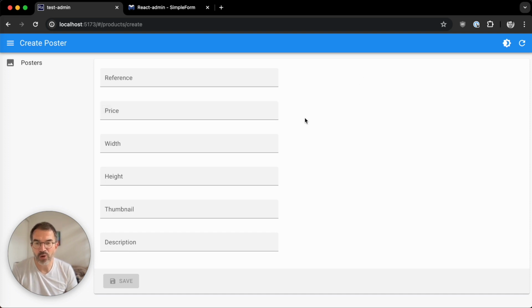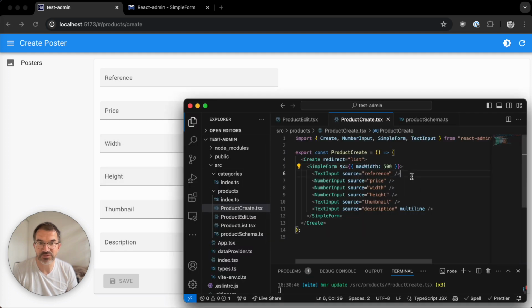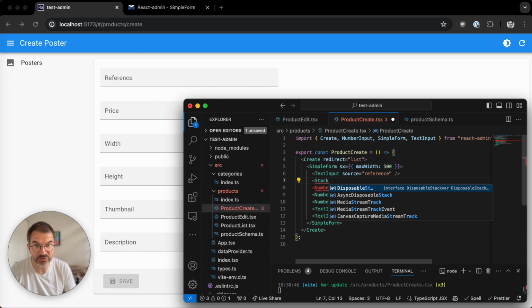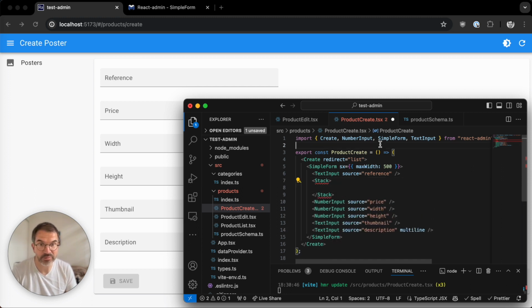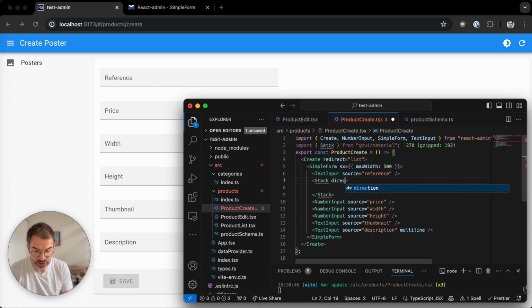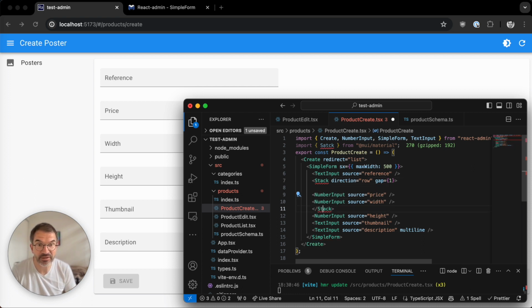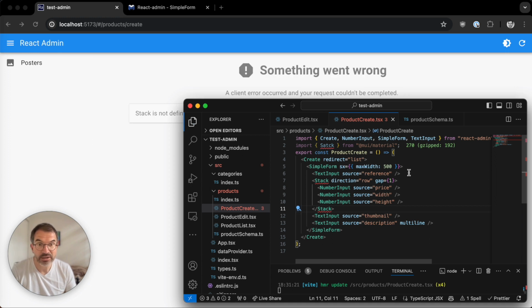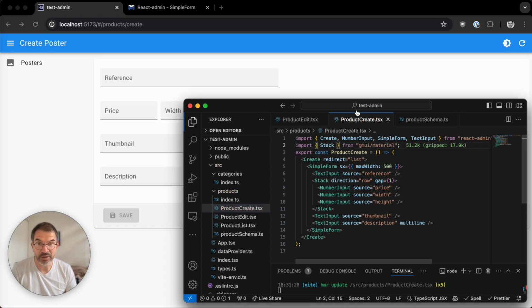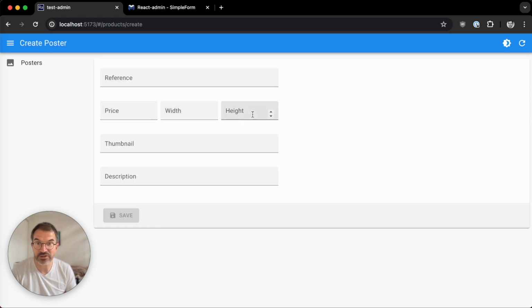If you want a more complex layout, maybe you can stack the inputs in the same row. So I will use the stack element from Material UI. Let me import that. And I will define a stack with a direction of row and a gap of 1. And now I can stack inputs in the same row. Something went wrong because I didn't use the right component name, but now you can see that inputs are stacked